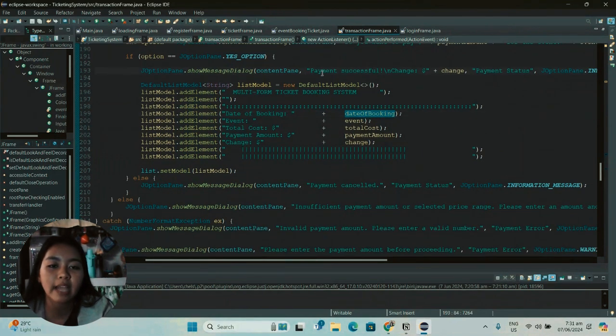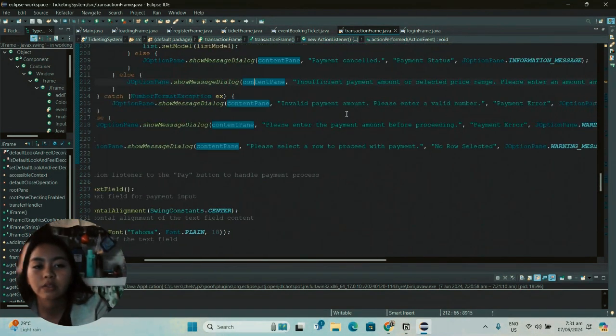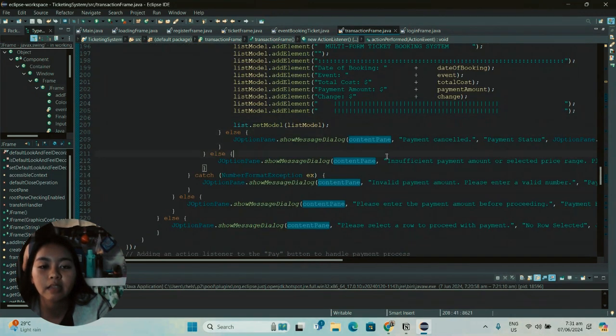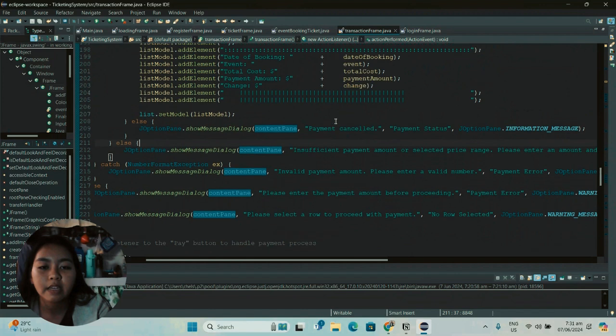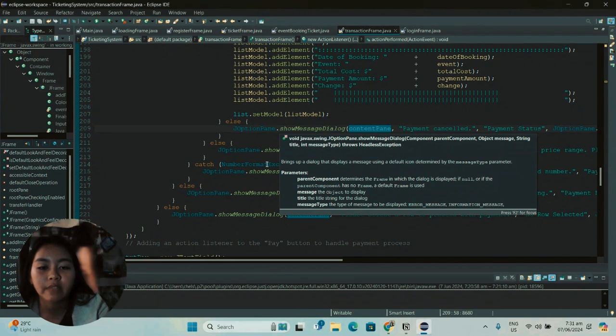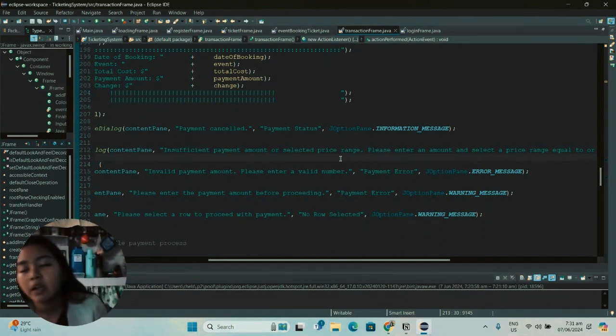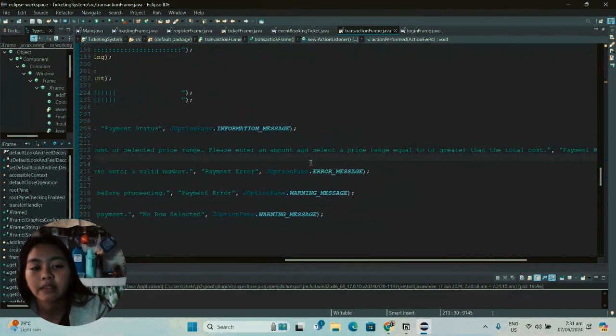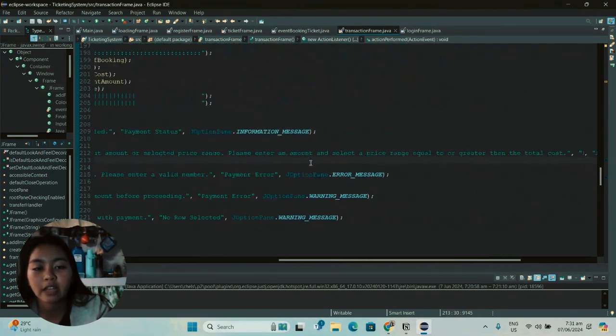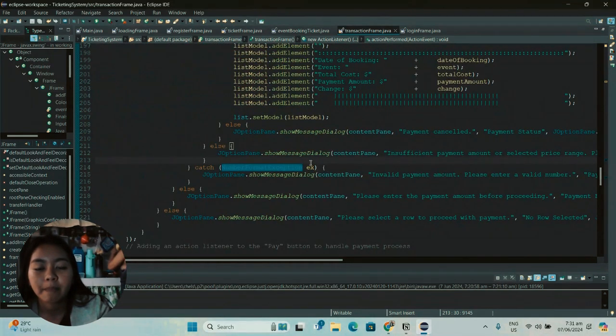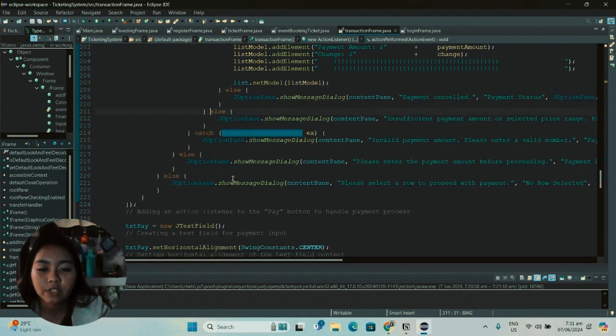So there will be a message dialog, payment successful, and also if the payment has been cancelled, then there will be a JOptionPane that the payment has been cancelled. There is also amount validation: if the amount given by the user is insufficient, there will also be a show message dialog so that the user will recognize that the amount he or she paid is insufficient.